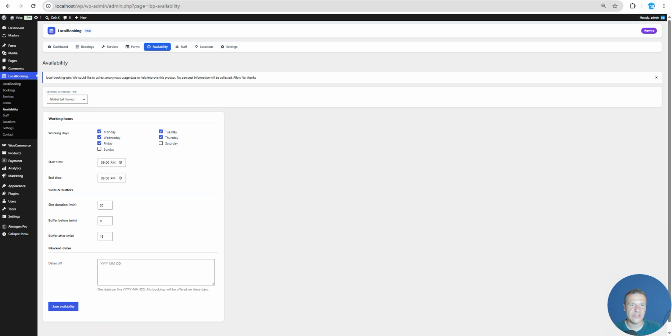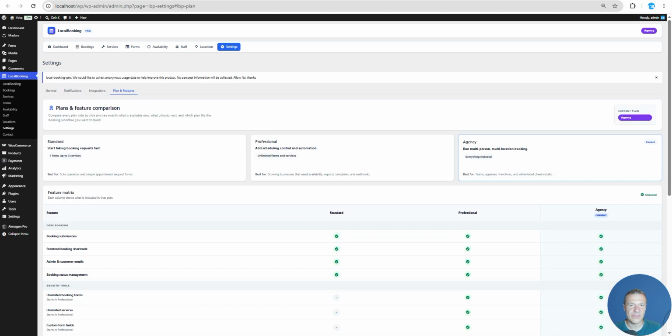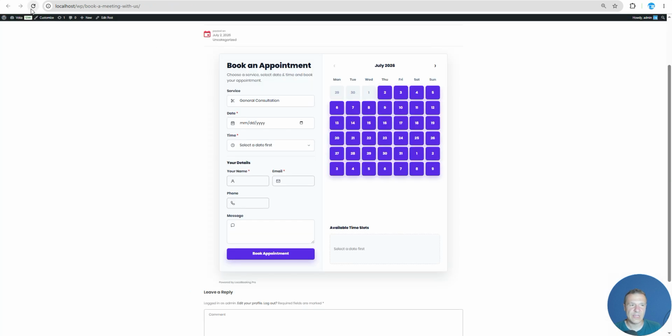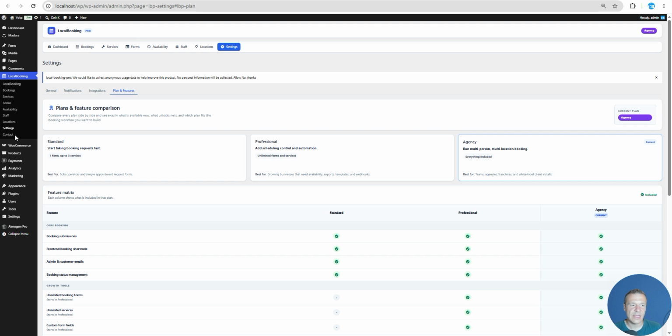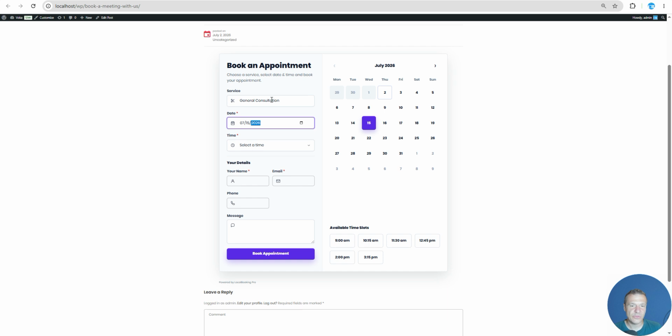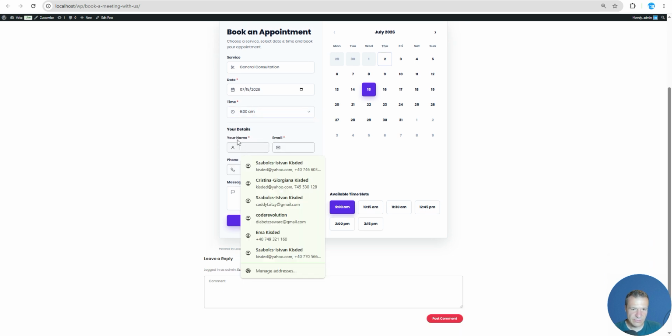We can check an example booking. So let's go to bookings. We should not have any bookings yet available, and after we can go refresh this site to see how it loads. And let's say I want to book on 15th of July general consultation. We can change the service as we mentioned in the services menu of the plugin if we want to add another available service. Also, date, time, we can set, for example, 9 a.m. Details,